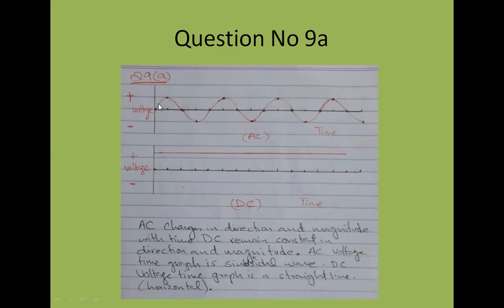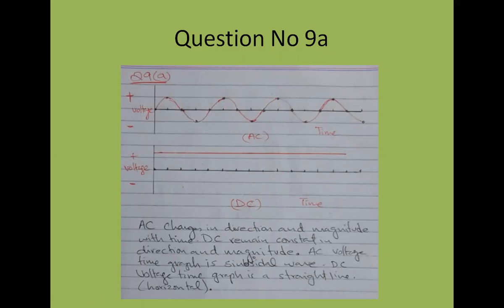Here, the AC current, you can see it becomes positive, then negative, positive, negative, positive, negative, positive, negative. So the direction of the AC current is changing. EMF is changing. Its direction is basically changing. Plus, its magnitude is also changing. Sometimes you see here, the magnitude becomes maximum, then the magnitude becomes 0, magnitude becomes maximum, magnitude becomes 0. So the magnitude and the direction of the alternating current continuously changes, whereas the magnitude and the direction of the